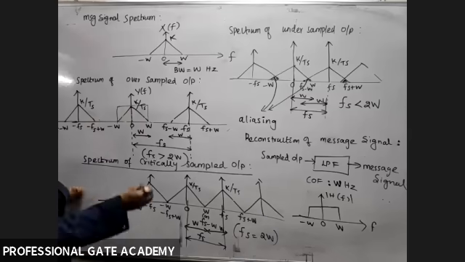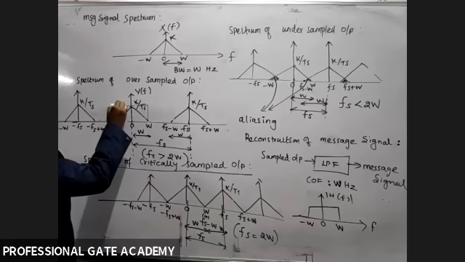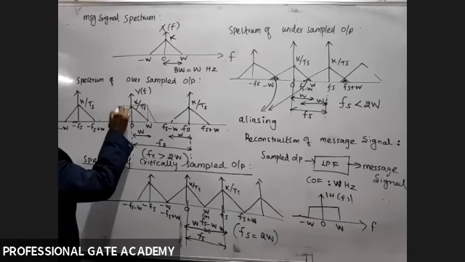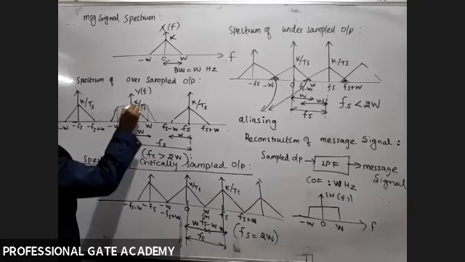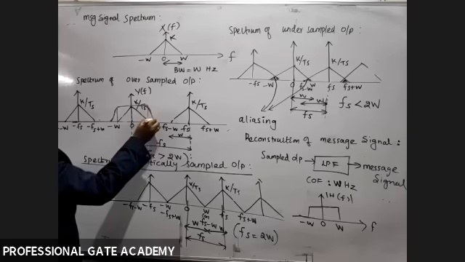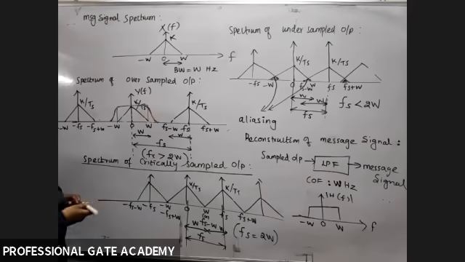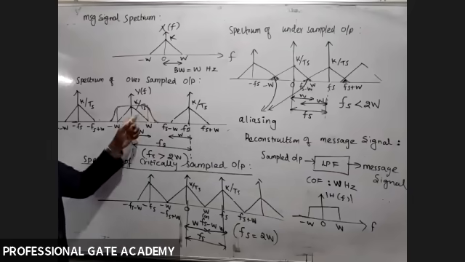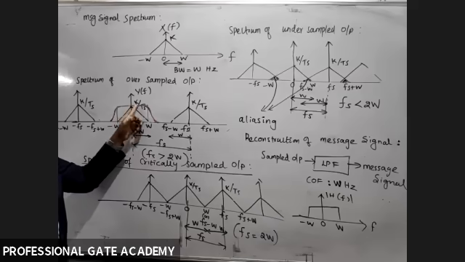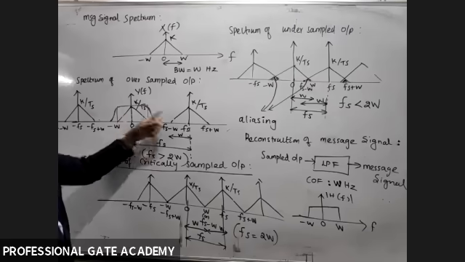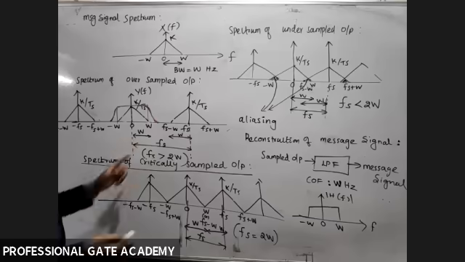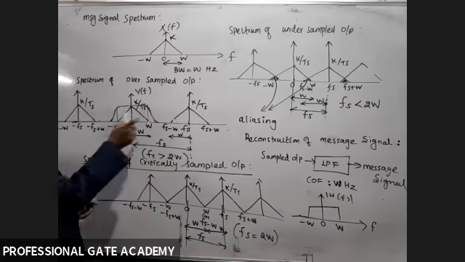We have to consider the practical filter. How will you draw the response of a practical low pass filter? We can draw it like this, a little bit. So this is the response of a practical low pass filter. Even by considering a practical low pass filter, the output has only the message signal, because adjacent components are not allowed due to the band gap between adjacent spectral components.